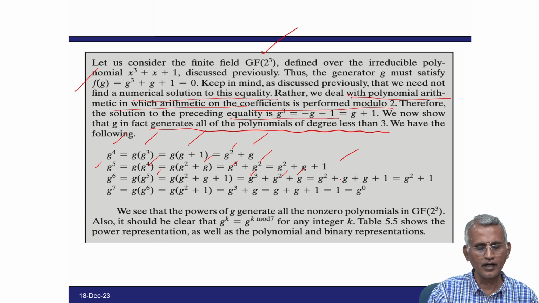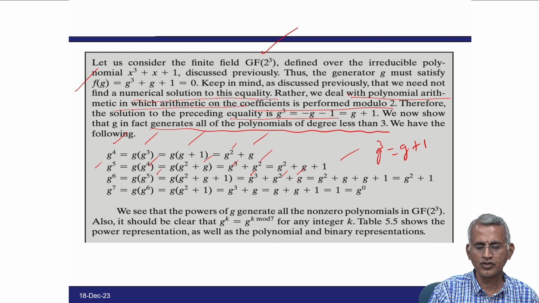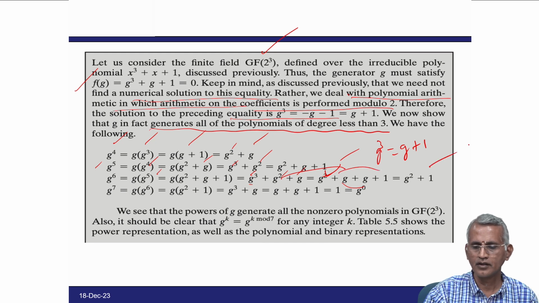So, what happened from the previous, we can apply g cube as g plus 1, keep the rest as it is. Now, we have here g cube plus g square plus g. So, replace g cube as g plus 1, g square keep as it is, and this g cube as g plus 1 plus g, the g gets cancelled, then g square plus 1,